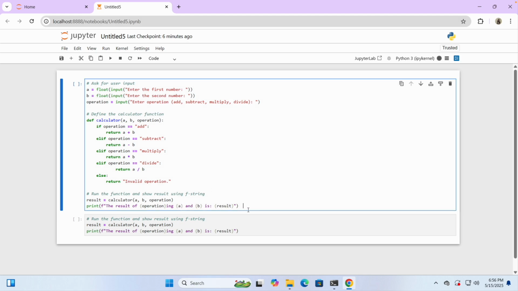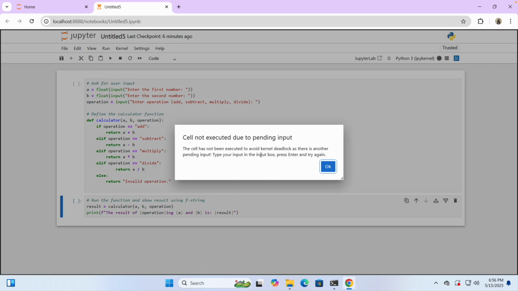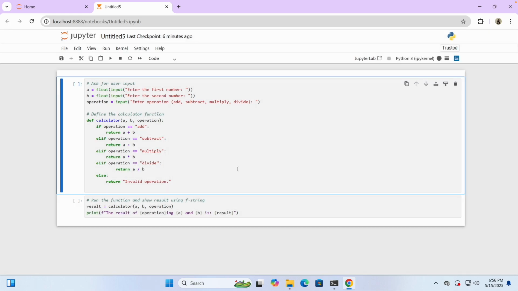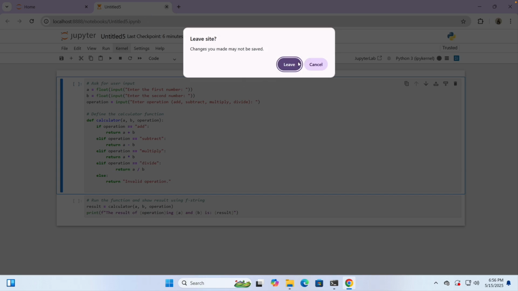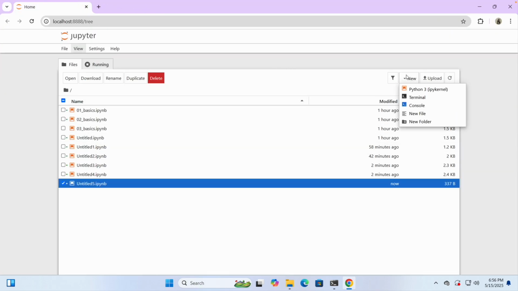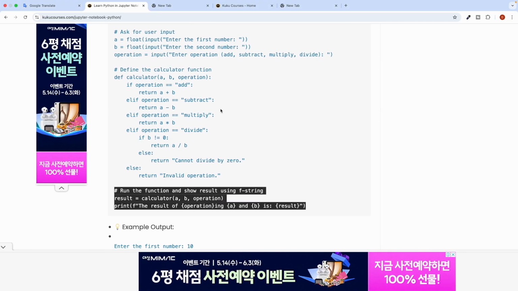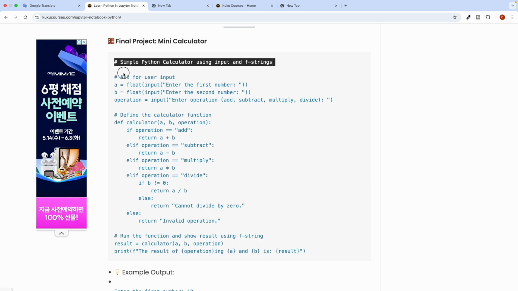So wait, let me just remove it, okay. Input box deadlock, okay. So let's just start it again, or let's just close it, okay. Let's just create another one and just right click, copy and paste here, okay,